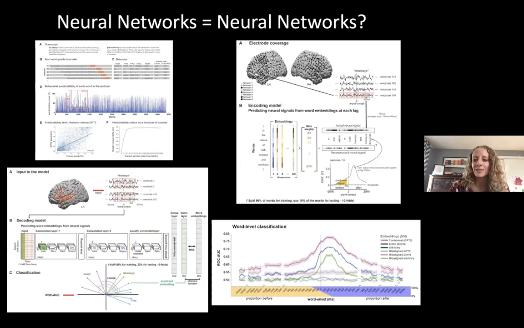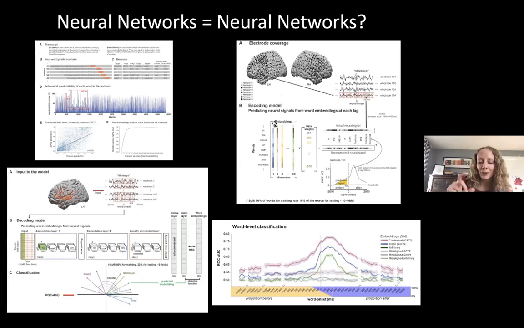And then what they did was they recorded using, I think this was ECoG, in certain patients. They had ECoG in epilepsy patients, because obviously you're not going to do ECoG in healthy controls. They recorded their neuronal activity during this podcast, and they trained an encoding model that would take the neuronal activity and predict the words. Okay. And then they,